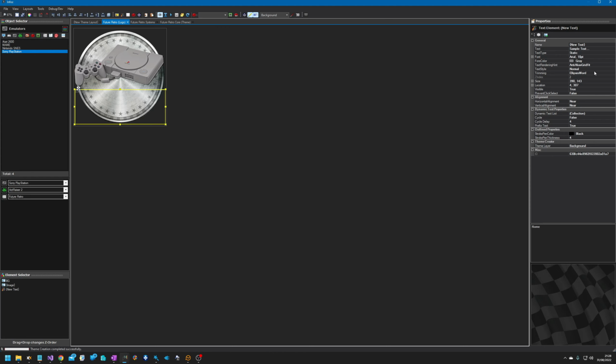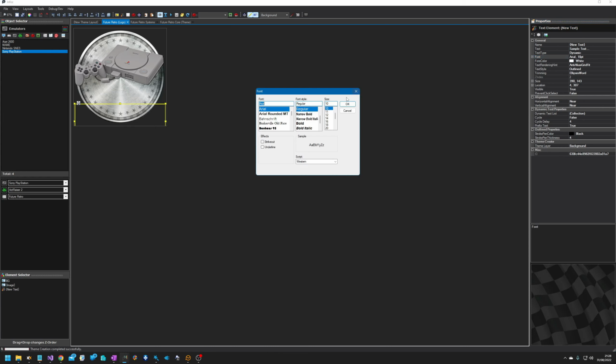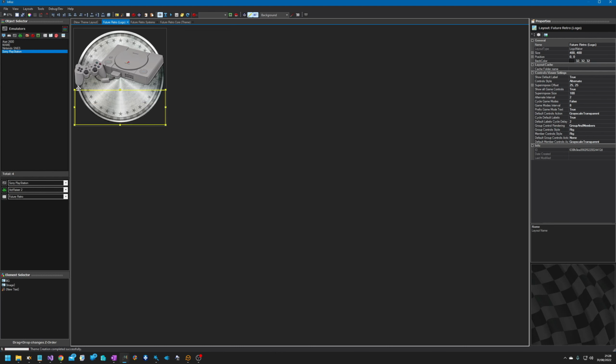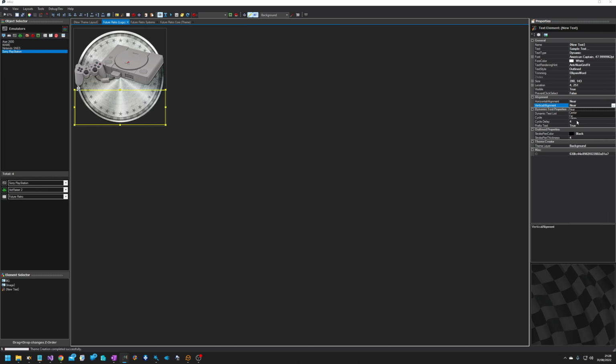We're going to make this outlined white, dynamic. We're going to make it bottom aligned, center aligned,